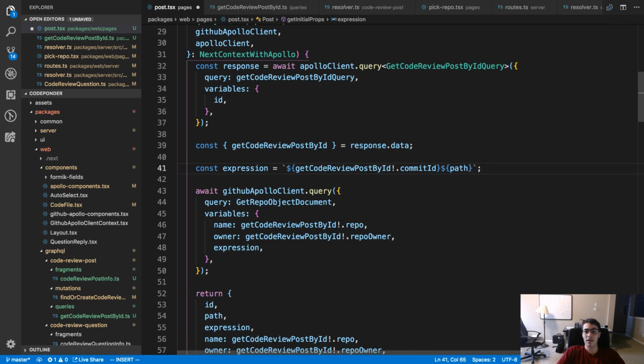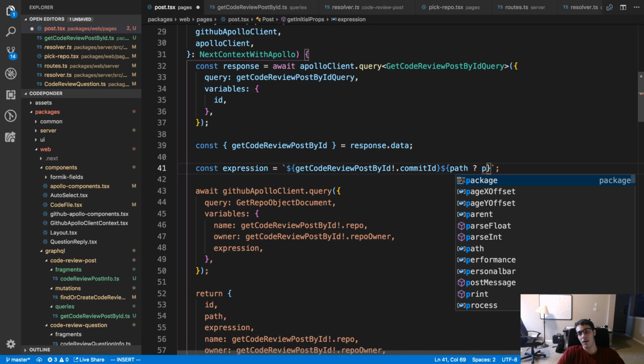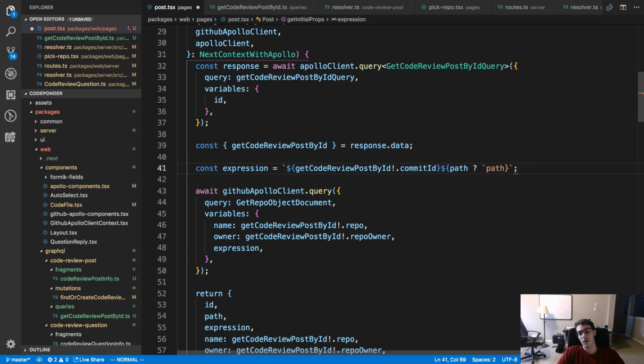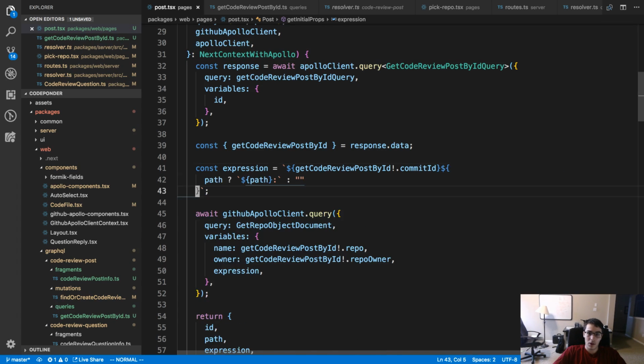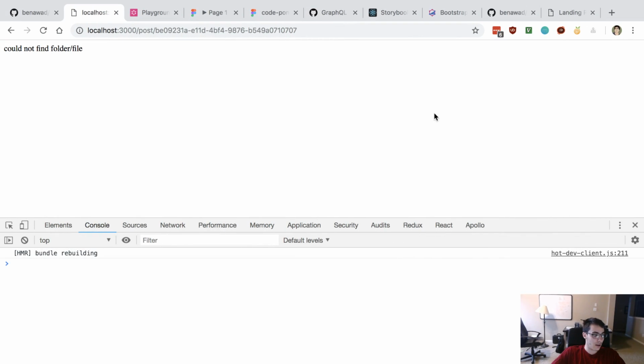Actually, I think it's as easy as this. If there's a path, it should be... Now I have a nested template here. Should be path, colon. Otherwise, it should be an empty string. And I think that should fetch them now.